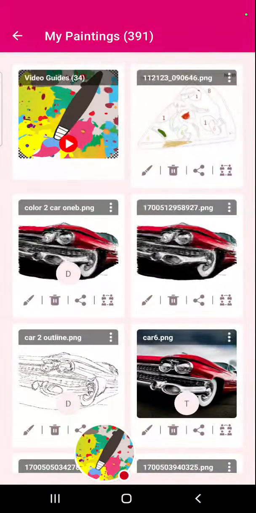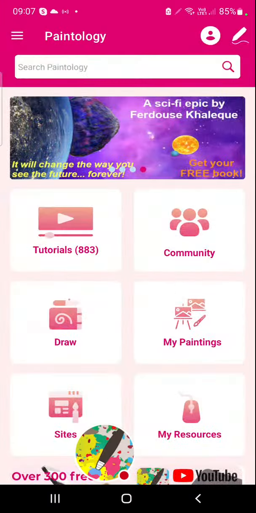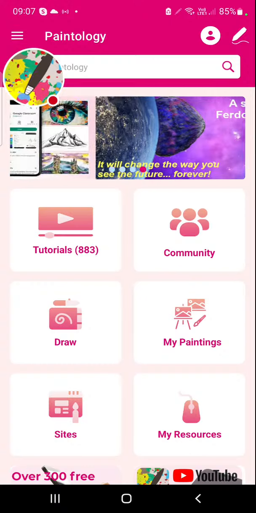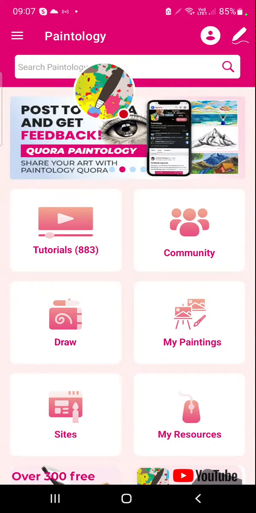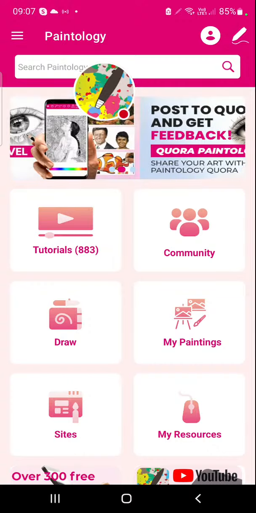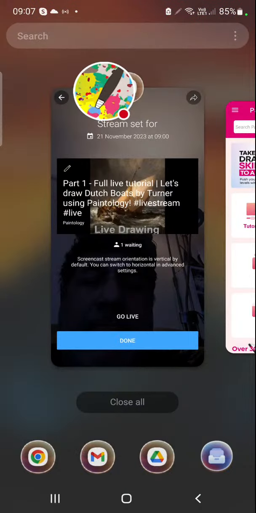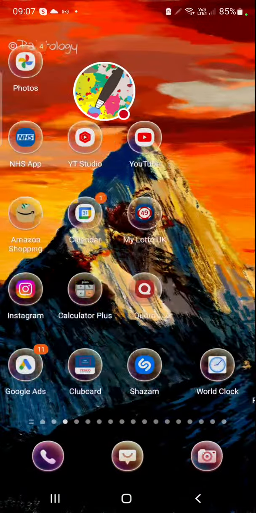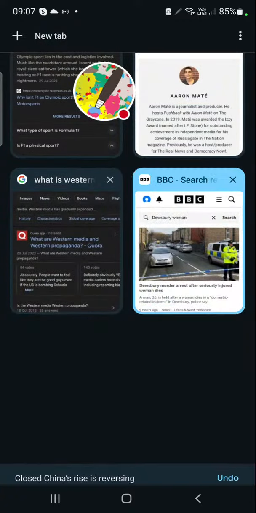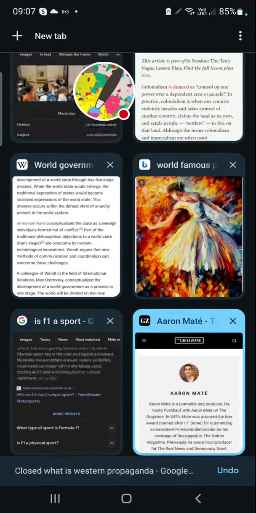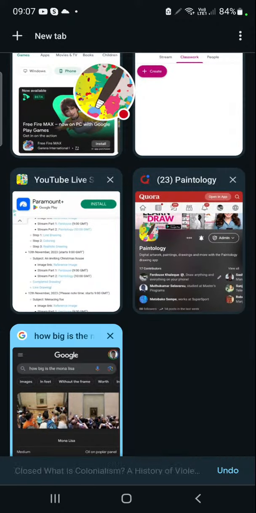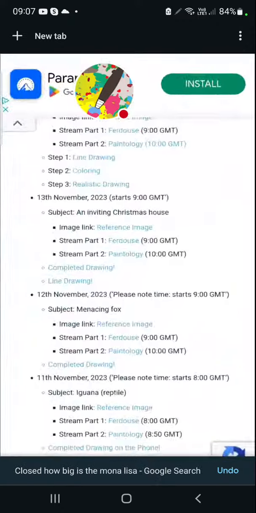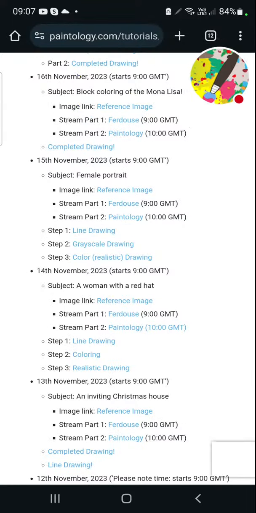Got it? So there you are. And my paintings, all the drawings I've done. Here, there's a search here, and I've got to close all the windows for this one because quite a few windows are open. So I'm going to open up a browser here, and then I'm just going to, yeah. So the page you're most likely to bookmark,